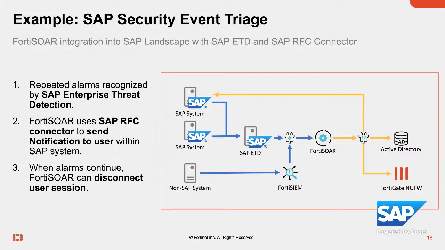What we will show you is that something happens in the SAP system, which gets its way to SAP ETD, and SAP ETD correlates the information and notices something really weird is going on here. It's worth raising an alert because something critical is going on. These alerts then will be parsed.